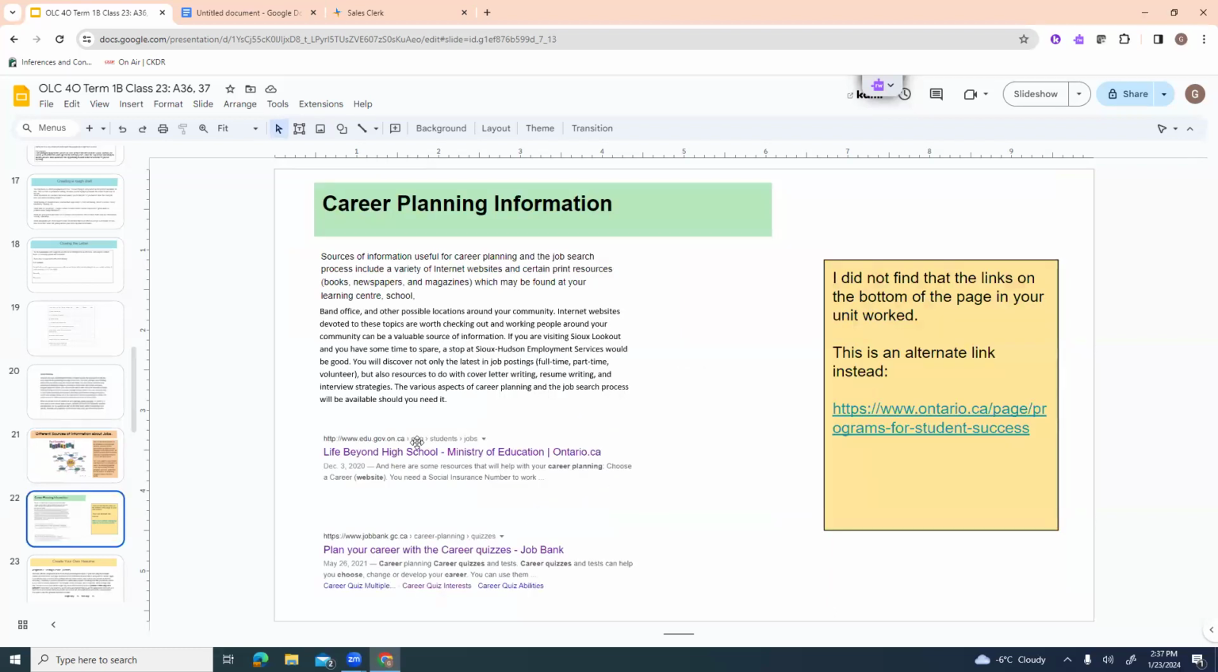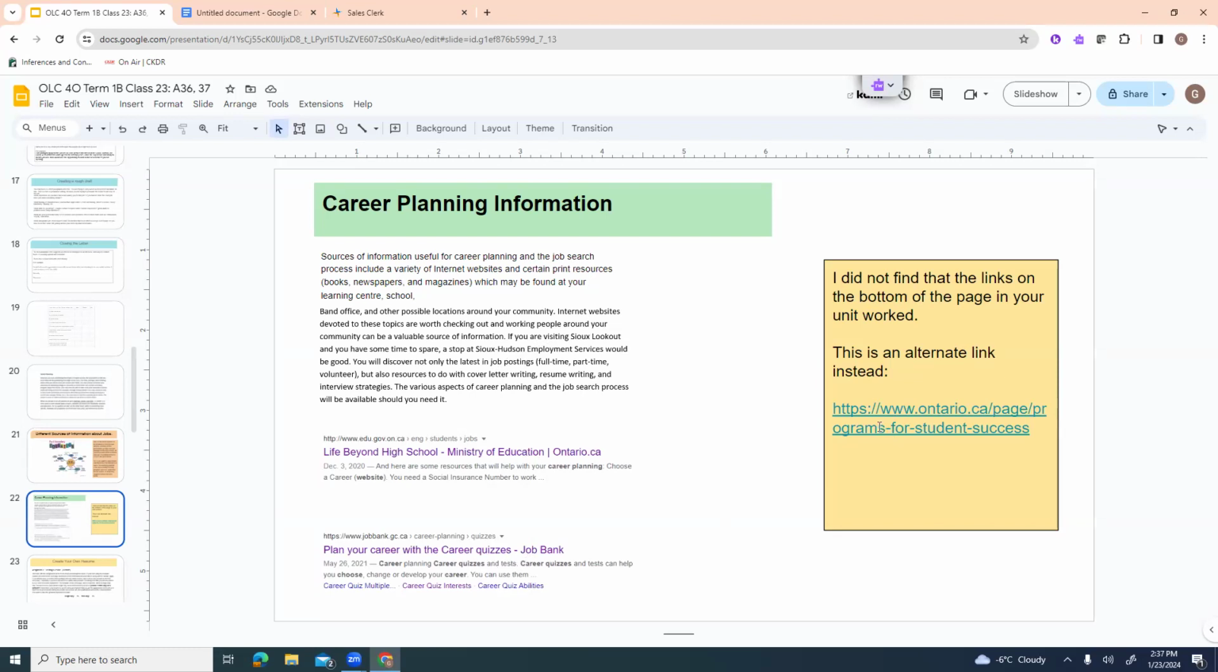Career planning information. Now, this is taken directly from your work package. The thing I found was these job things didn't quite seem to work anymore. This is an alternate link. It seems to link to exactly the same stuff, it's just one of those things where they've updated the website